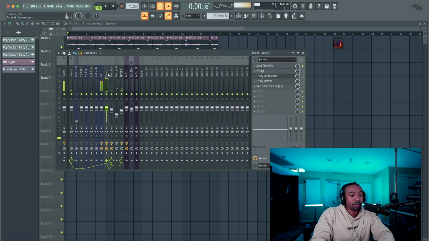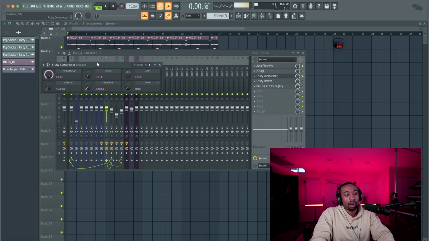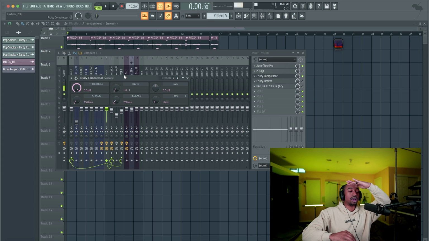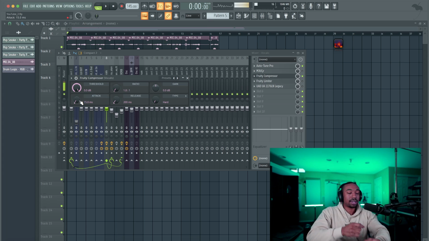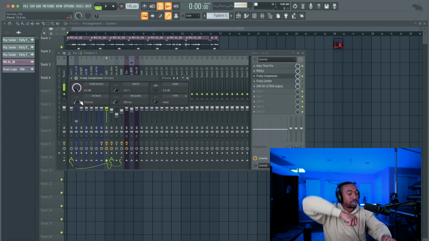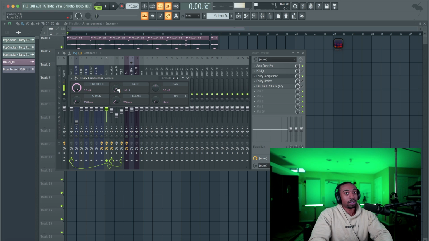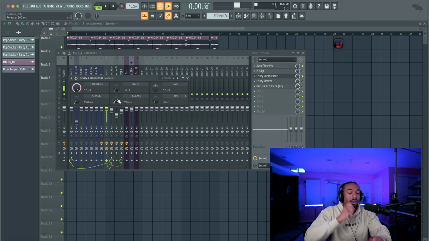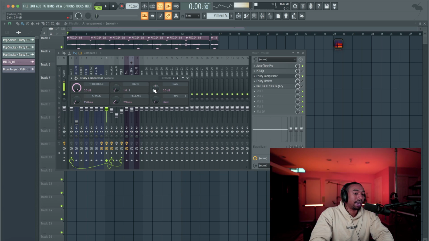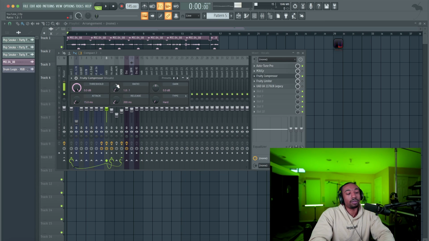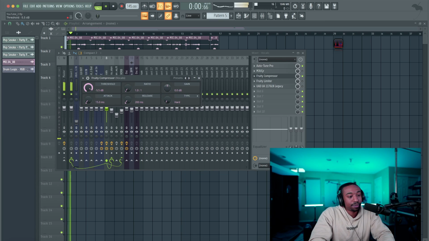Okay, so this vocal is kind of sitting in the background. We want to pull it out. Let's add the Fruity compressor here. Now we know what threshold means. It's the gun line. We know what attack means. It's how much time it takes for the guard to aim and shoot. The ratio is what type of weapon they're using, basically a sniper or a pistol. The release time is how much they let off their attack weapon. And then the gain is, I haven't come up with the metaphor for the gain just yet.